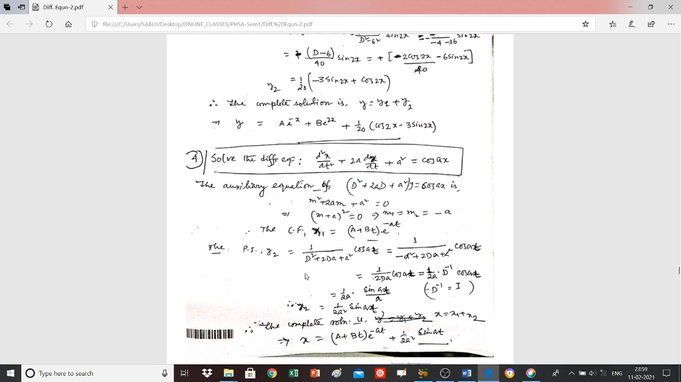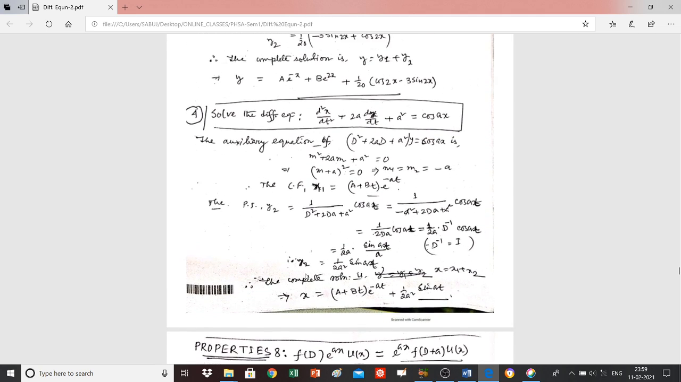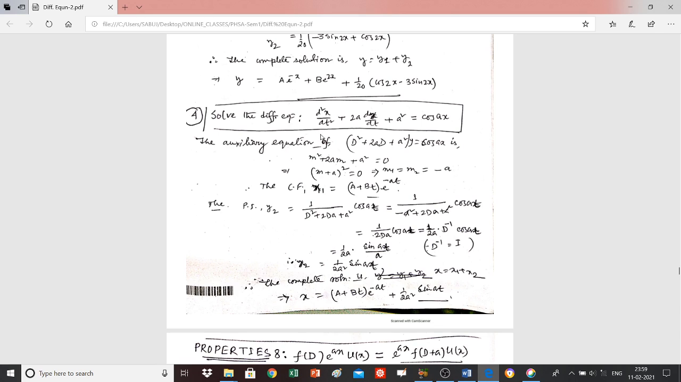Now come to another problem. This problem is here: d2x by dt square plus 2a dx by dt plus a square x is equal to cos at, and from here you can write the auxiliary equation as m square plus 2am plus a square is equal to 0, or (m plus a) whole square is equal to 0, or m1 is equal to m2 is equal to minus a. And then since both m1 and m2 are equal, you can write the complementary function as x1 is equal to (a plus bt) e to the power minus at, and the particular integral is 1 by